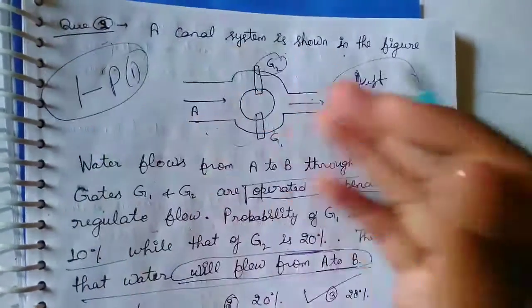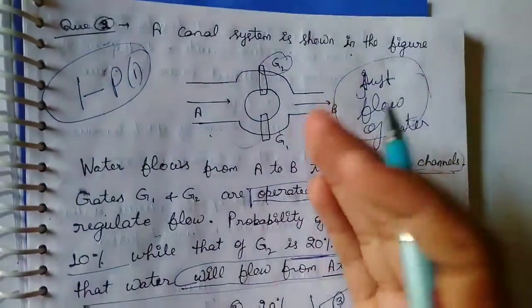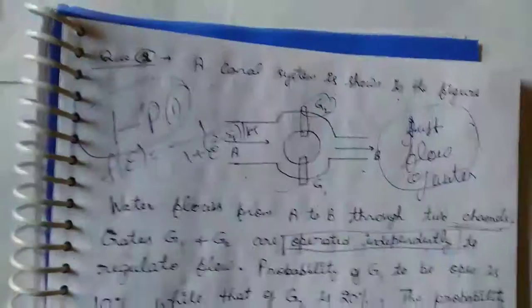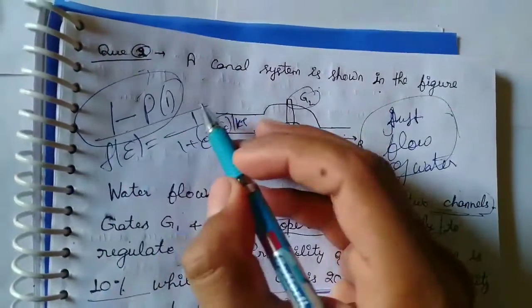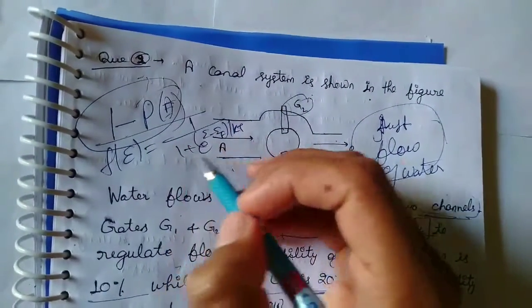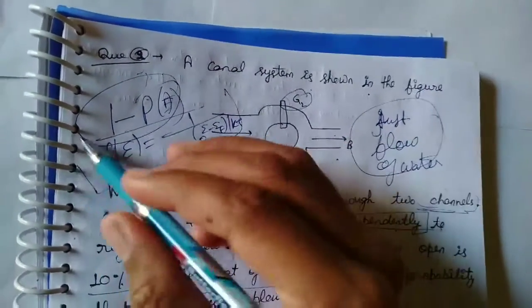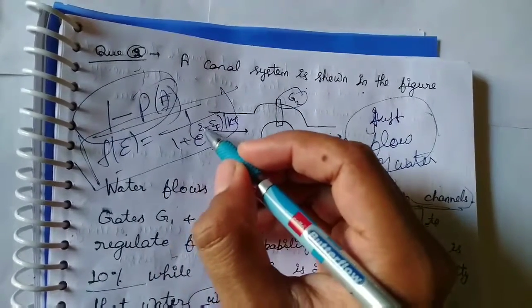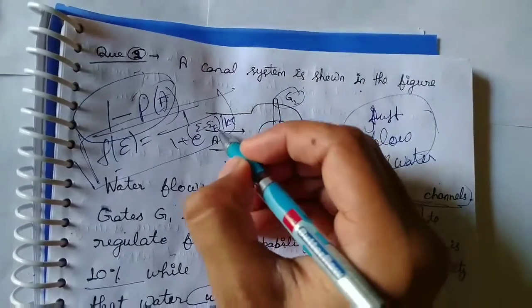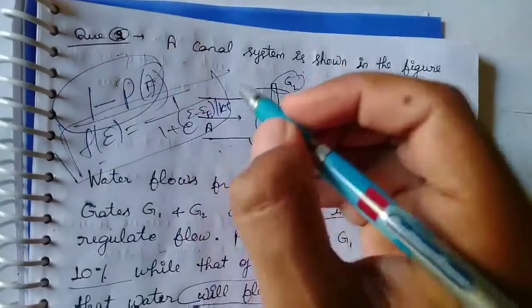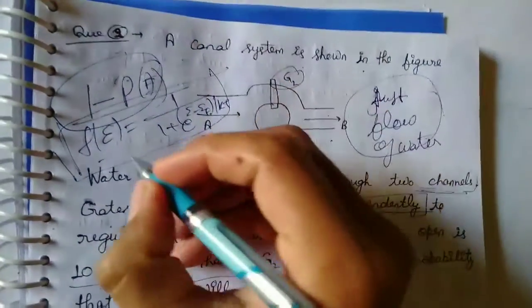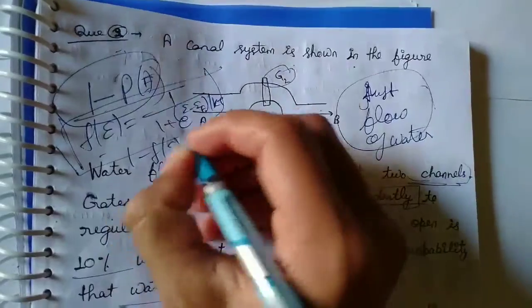In electronics, the probability of electron occupancy of energy E in a semiconductor is given by the Fermi-Dirac distribution function. F(E) equals 1 over 1 plus exponential of (E minus EF) over kT, where EF is the Fermi energy. And then the probability of occupancy of a hole is nothing but 1 minus F(E).